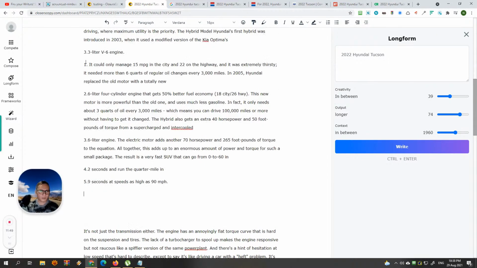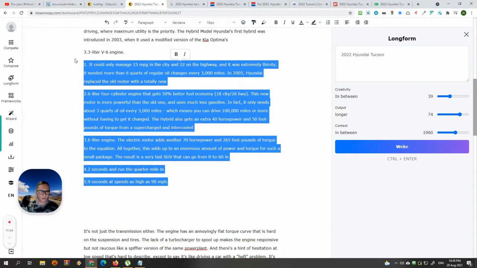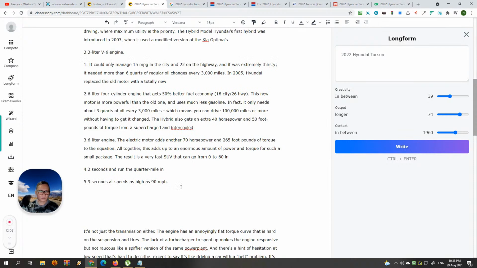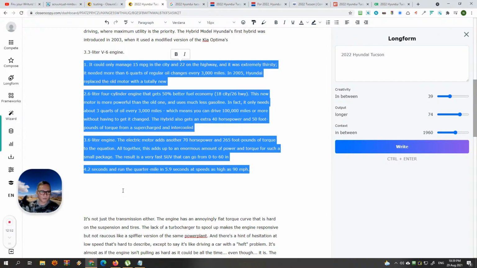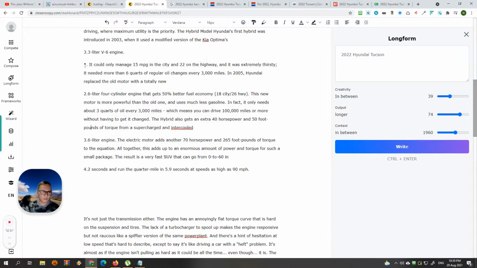When you see numbers 1, 2, 3, 4, you hit expand or instruct. It will come up with number 6, 7, 8, etc. But sometimes there's not a lot of data there. And 5.9 seconds, or does it? I think it meant 5.9 seconds. So it got confused with the numbering. But as you notice the pattern there, 1, 2, 3, 4, then 5. And you also have to fact check this.